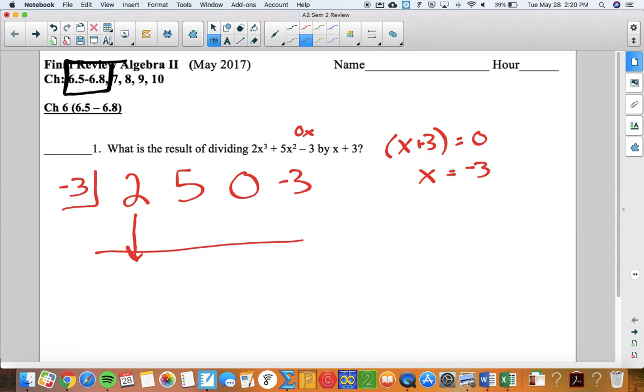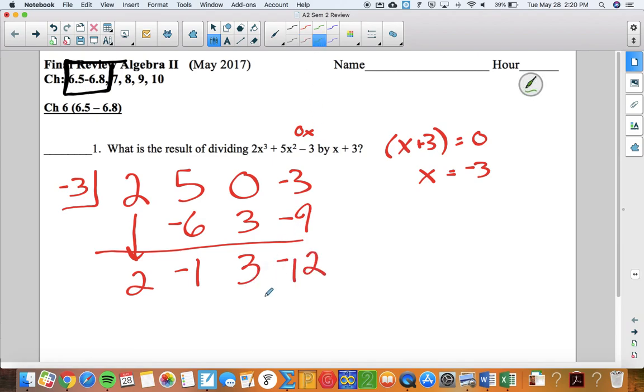So remember, we drop down the 2, multiply this down here with whatever's in the box or 0 there. So we get negative 6, add, going down, we get negative 1, multiply, we get positive 3, add, we get positive 3, multiply, we get negative 9, add, we get negative 12. Then this is going to be our constant term, this is our x term, and this is our x squared